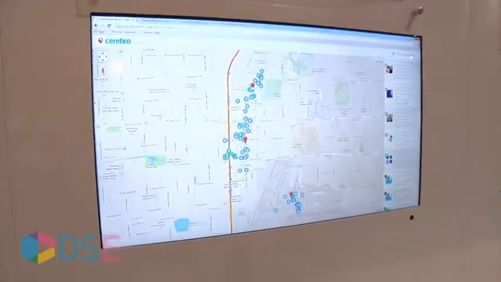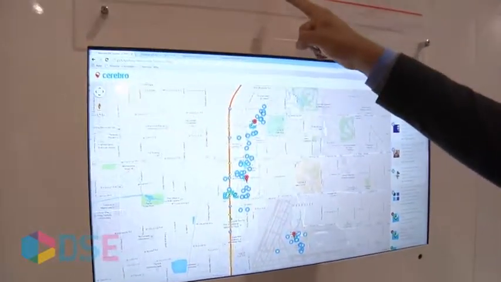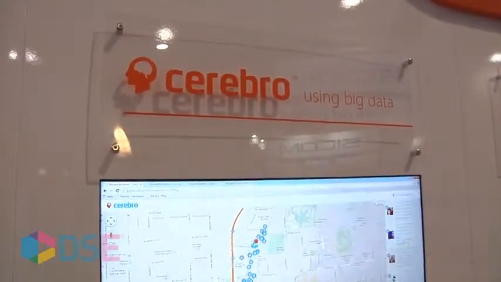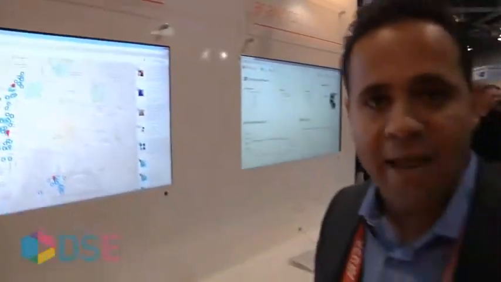So now let's go into the big data analysis piece. And this builds upon a lot of the work that we've done with Cerebro a year ago. Cerebro is essentially an optimization algorithm that can automatically accept inputs and campaign objectives and then build a media plan accordingly. But usually our clients run Cerebro 28 days ahead of time and they plan a campaign. Wouldn't it be cool if Cerebro could automatically re-crunch itself as the campaign is running and intelligently change its mind about which digital billboards are more relevant to the demographic? And that's what this does.